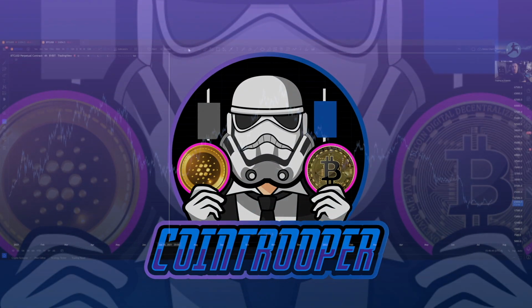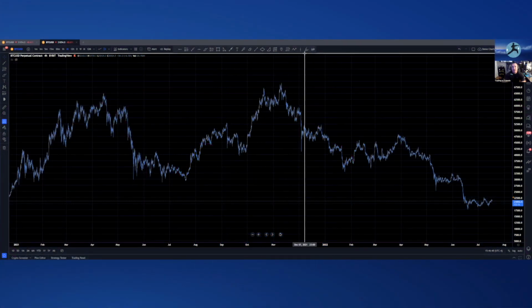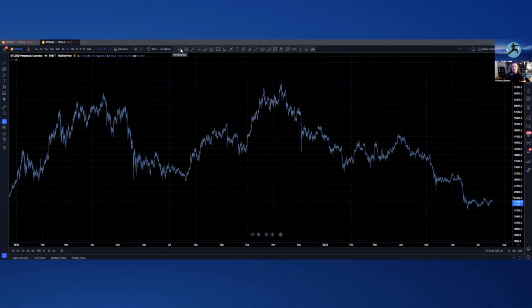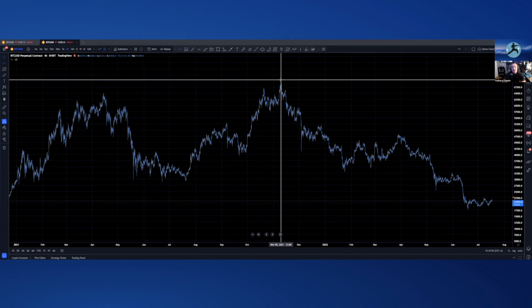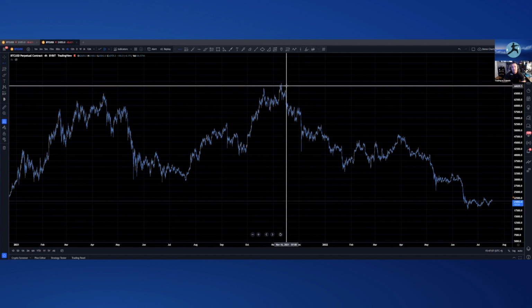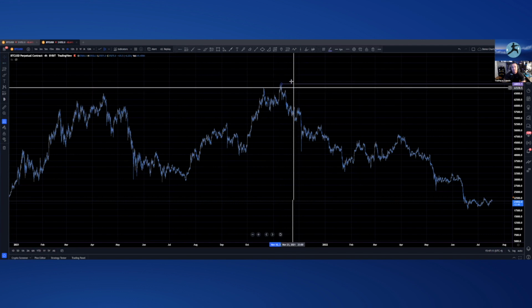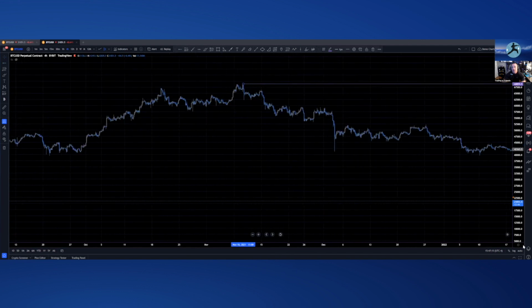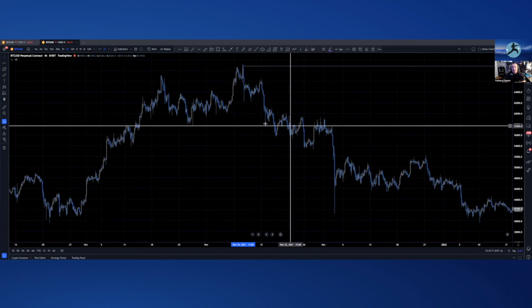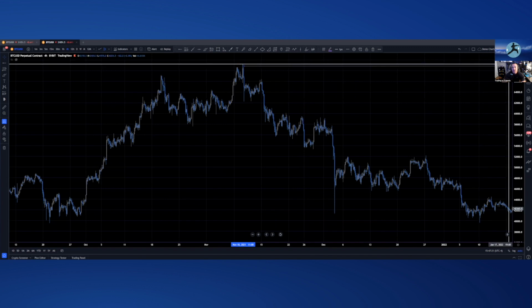Let me show you real quick. It's real easy. So I have my favorites set up right here. This is my horizontal ray. Let's say I'm just arbitrarily marking it, I'm not trying to really put it anywhere. But say I pop a horizontal ray and it's not the color and it doesn't have my text on